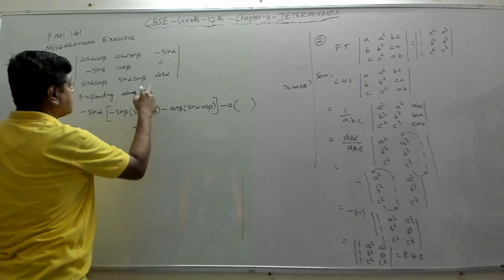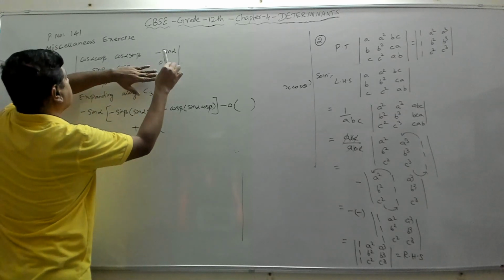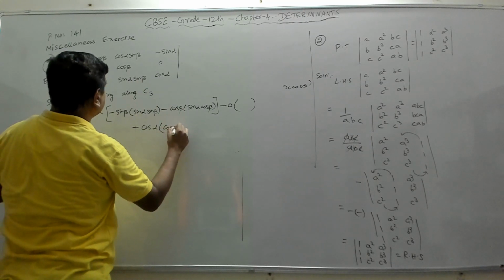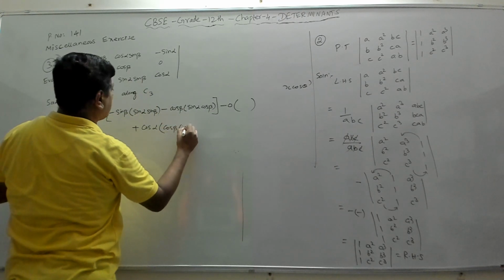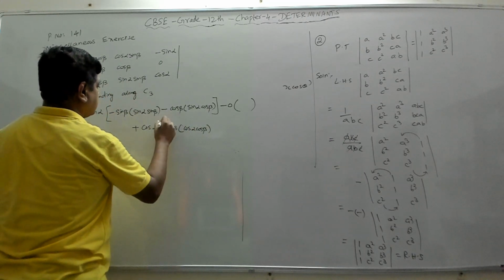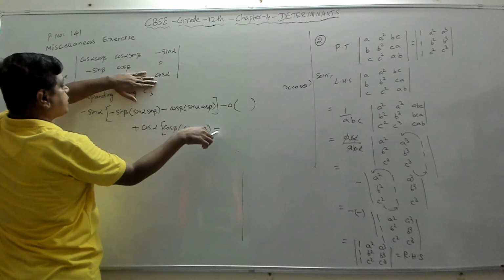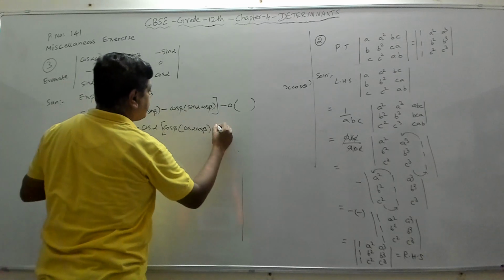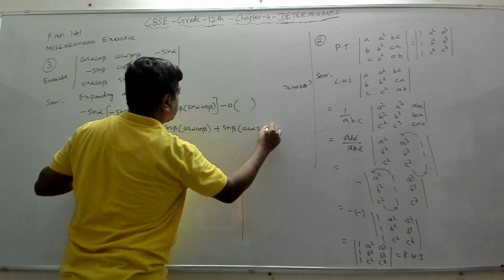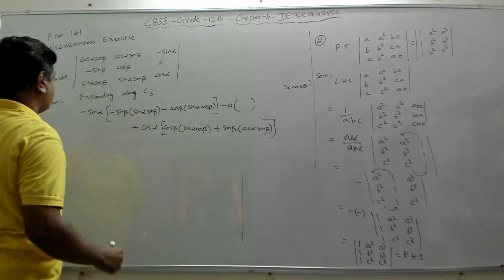So plus cos alpha into, so close this particular row and this particular column. We'll get this into this, which is cos beta into cos alpha cos beta, right, minus, so we have closed this and this, so this into this minus sin beta into this will become plus sin beta into cos alpha sin beta, this into this. So close this. Now if you expand this, so what do you get?